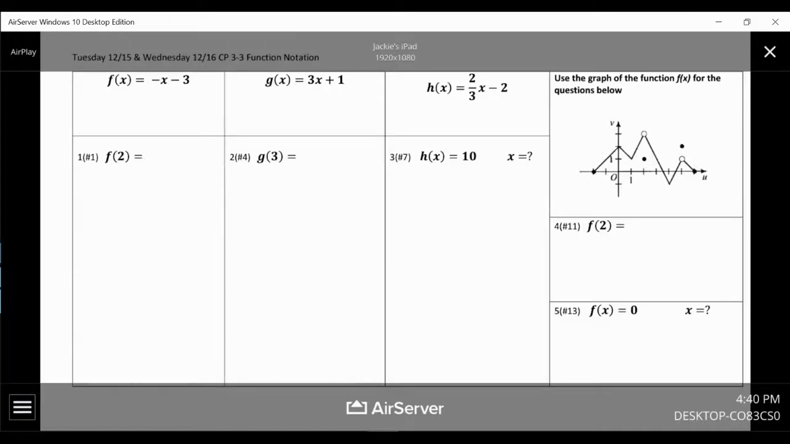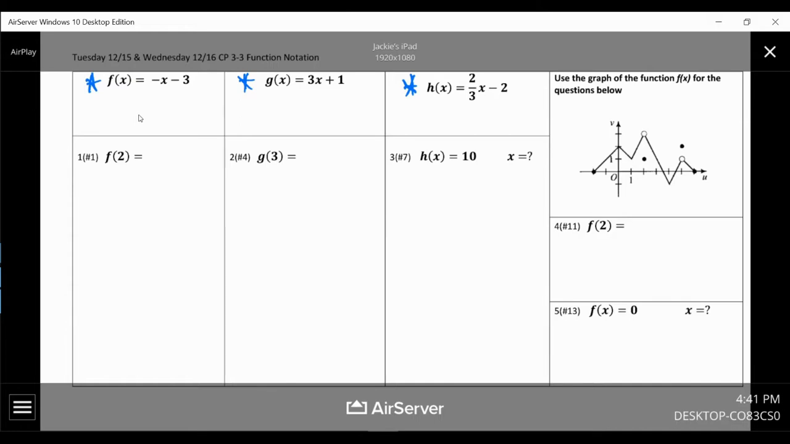This was the Jamboard practice assignment for 3-3 on function notation. As you can see in the top row, we are given three different functions: an f of x function, a g of x function, and an h of x function. That's just how we're labeling each different function. So I have put each function, the problem that we're using, underneath the function that it relates to to make this